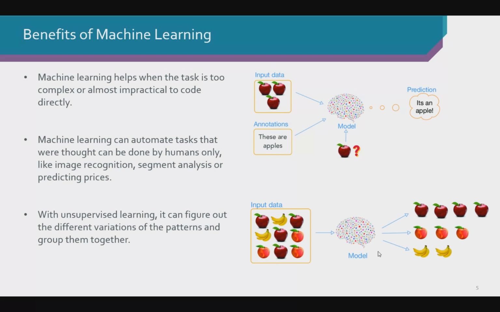So if you look at the example at the bottom right, where you have a collection of apples and bananas and oranges, at this point, we don't tell our program or model what it is. All we ask it to do is to group them together. So it will group all the apples together, all the oranges together, and all the bananas together. So it can look at all the objects, find out the similarities, and group them together. So that's another way: you supply some data to the program, and then based on your input, it can classify or group them.